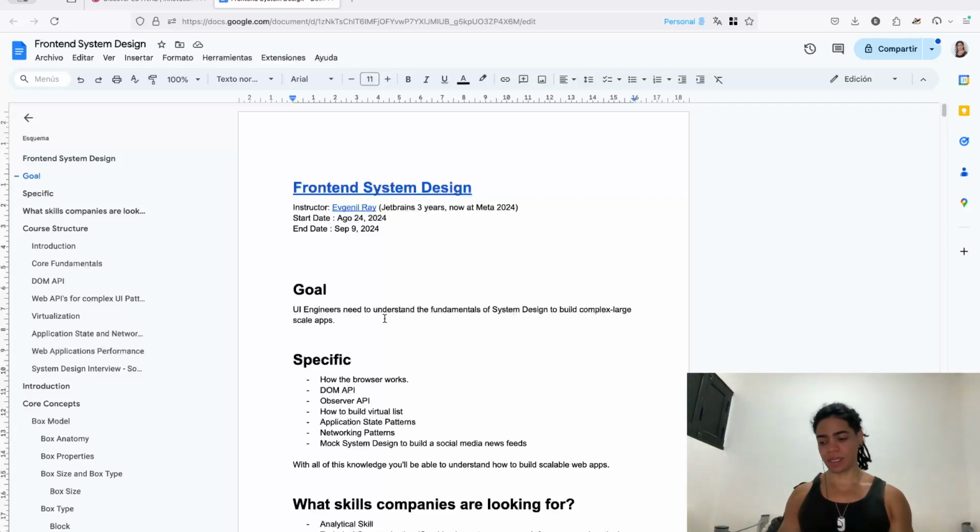And last but not least, how you can manage assets, specifically HTML, CSS, and JavaScript, fonts, and images, right? And then how you can build a front-end system design, like a social